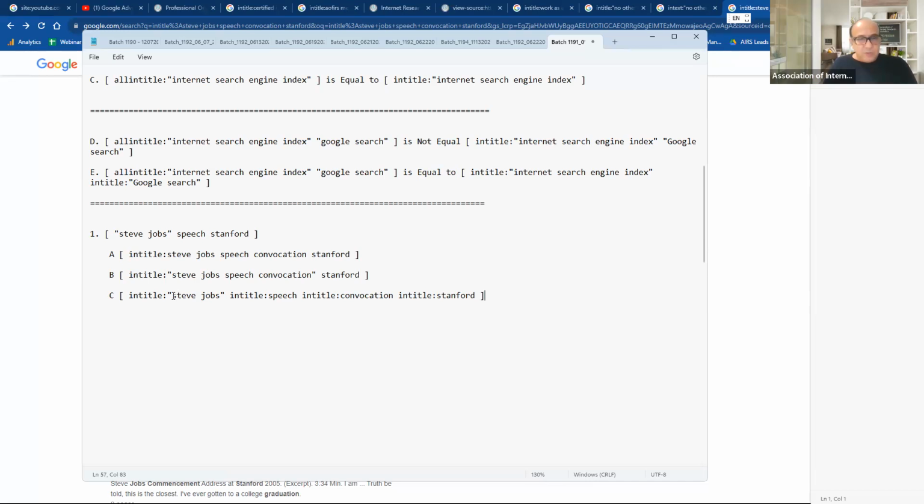Here, you are making sure the words that you know of, you can put within quotes, not a problem. You also don't know if the word speech comes before or after convocation. So you want it to appear in the title portion, and you're going to start to break it down into individual words without using the quotation marks enclosure. And just to ensure that it is going to be in the title portion, you have to use in title colon. So if you compare it with something that I'm about to now put together, if you compare it